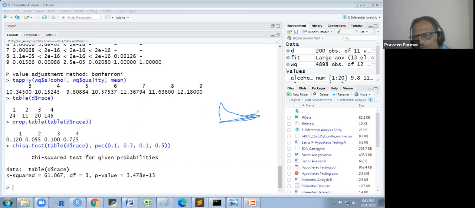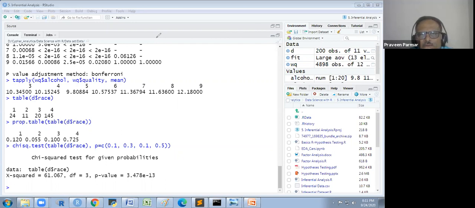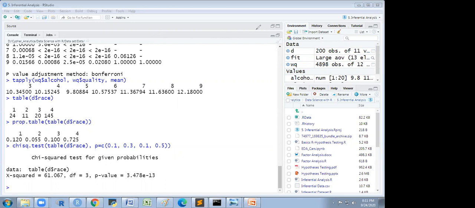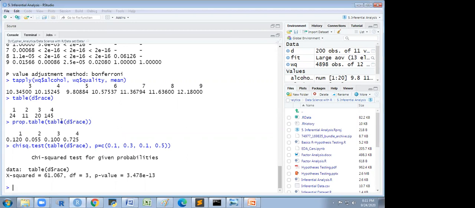It is basically one tail, but we assume it is a two tail test. We could find it out, but we have to use some formula over there. I wanted to know if there is any argument within this chi-square test function. If it is available, then we can use it. Otherwise, no, there is no such thing. Fine, sir.